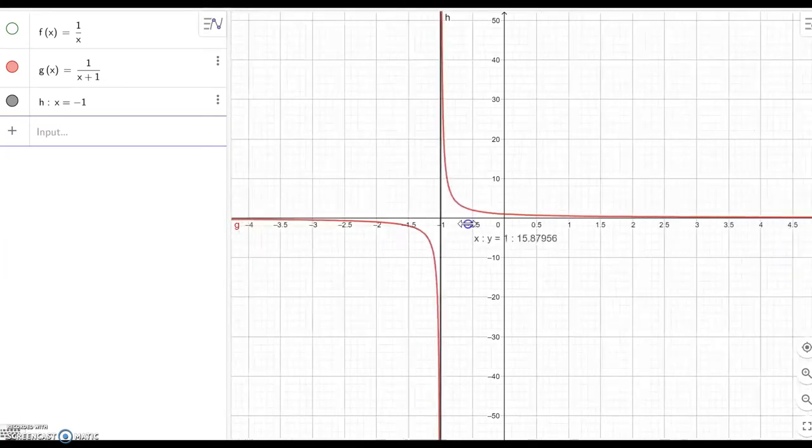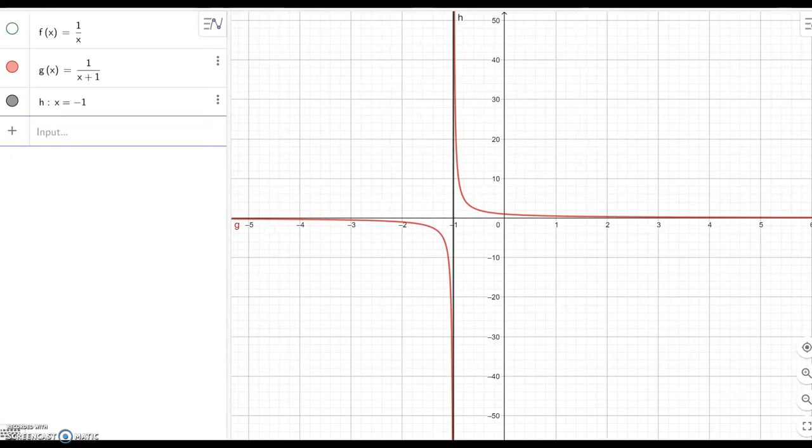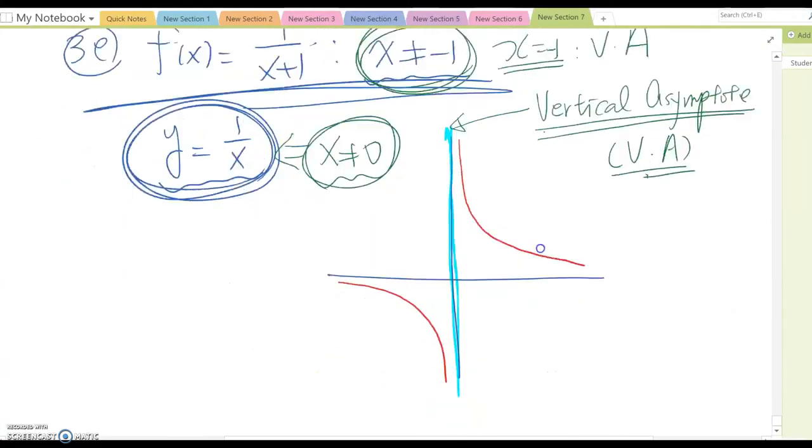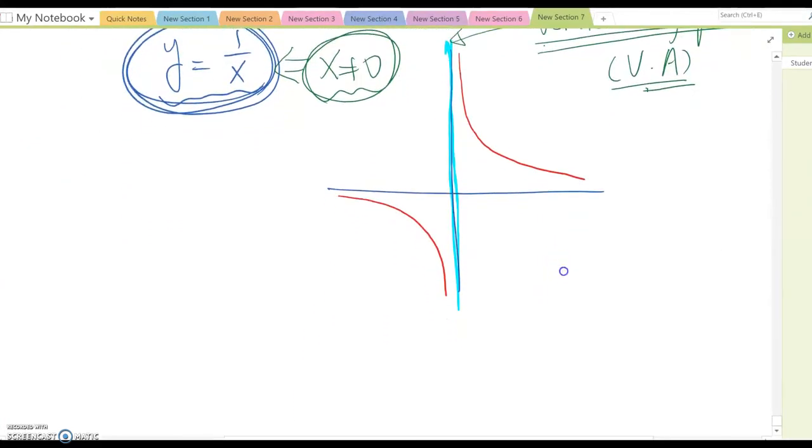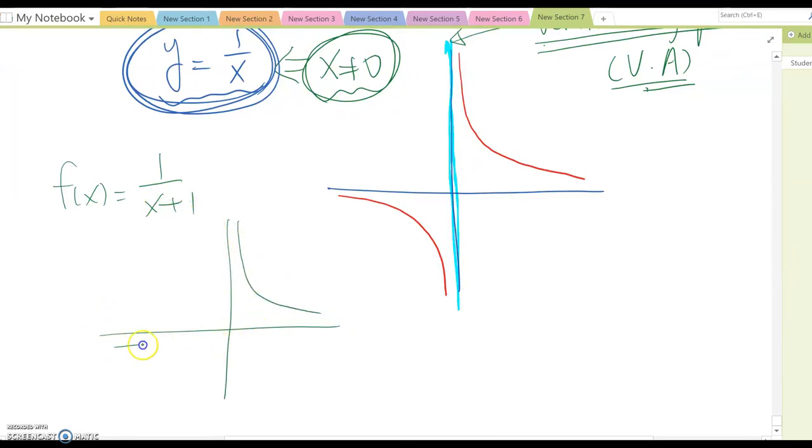Yeah, therefore, based on this graph, now we can say f(x) equal to 1 over x plus 1 is somehow moving from the original, moving 1 unit to the left for everything. So before, this was our vertical asymptote. Now the new vertical asymptote is 1 unit to the left here, and then the graph becomes